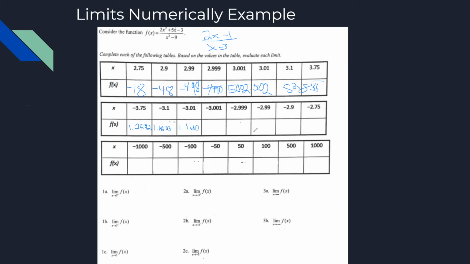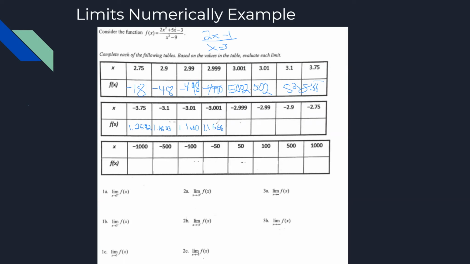And then negative 3.001 is 1.1668. Oh, sorry, it's 1.1668. Let me just erase all those. Right, so you notice how there's very little drops, and it kind of ends up around